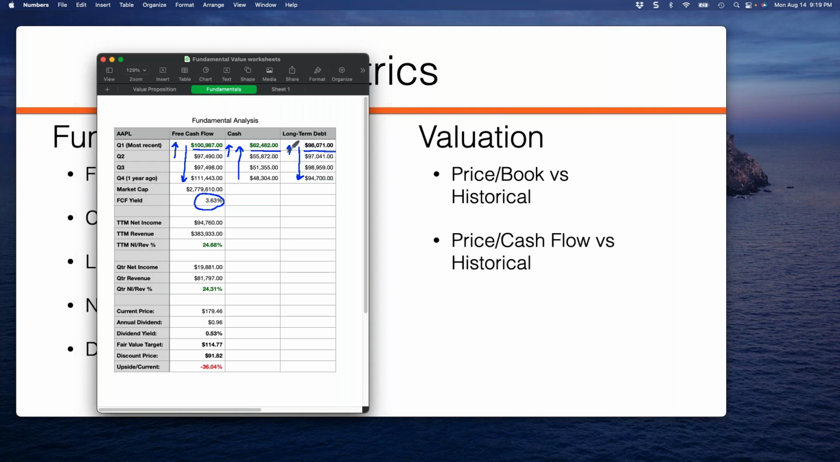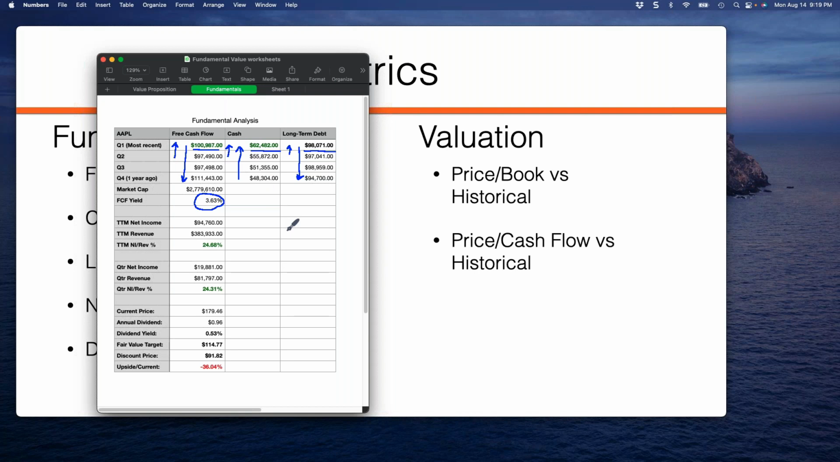But the fact is that with $62.5 billion in cash right now and $101 billion in free cash flow, Apple's ability to service their debt is certainly not in question at all. Another element that works in their favor in this case is evaluating their overall operating profitability, which I like